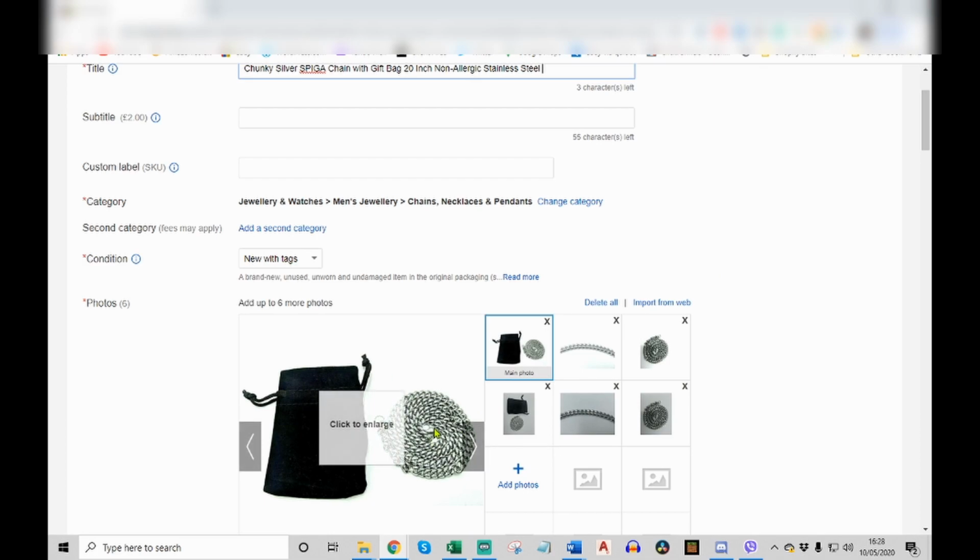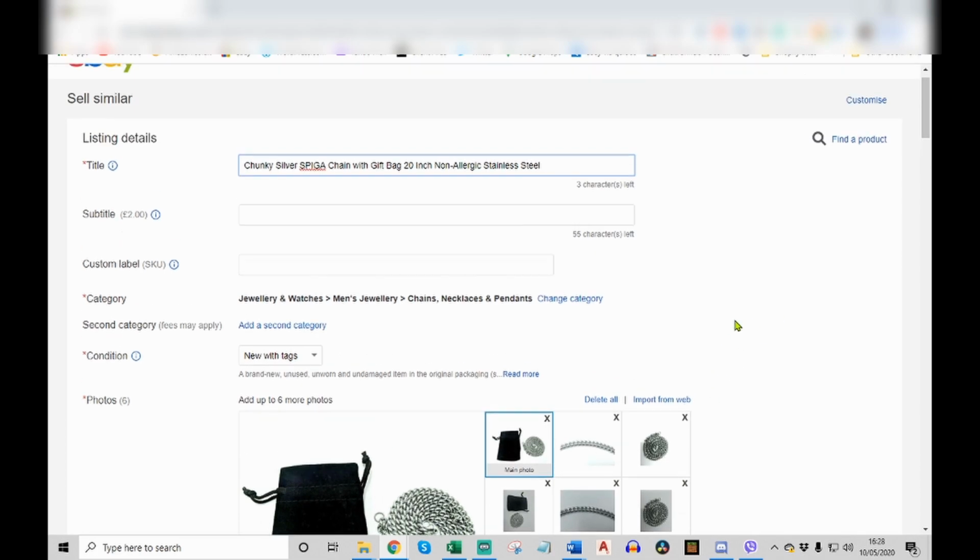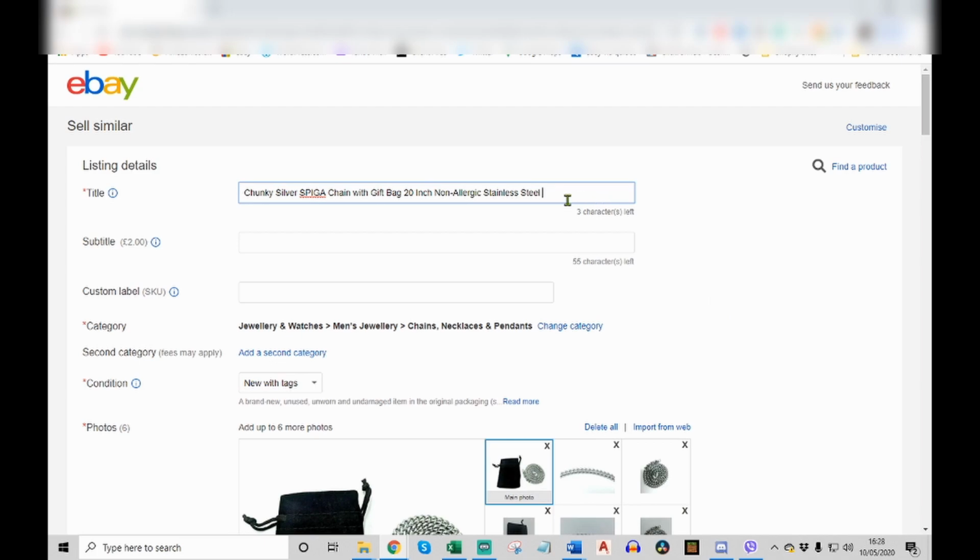Now in my case I'm selling this silver necklace, this silver coloured stainless steel necklace. So I'm going to put words like silver, stainless steel. I haven't actually put the phrase necklace in it, I've put chain. And the reason I haven't put the word necklace in is because if you look down here at the category, which we'll come on to in a second, the category is also counted as part of the search results, so any words that are in the category. So for instance, if someone searches for silver necklace, my item will appear in the results because it's got the